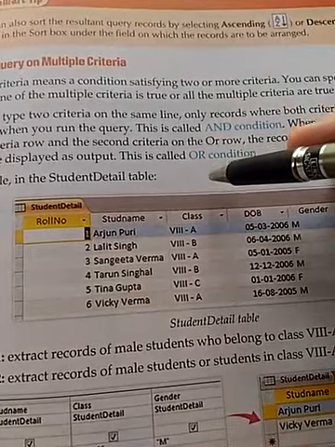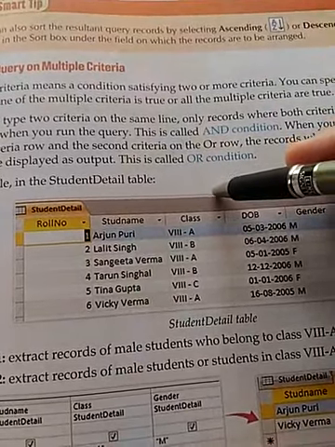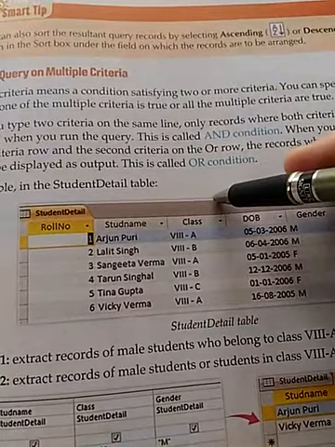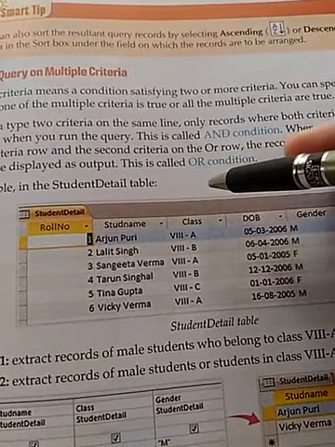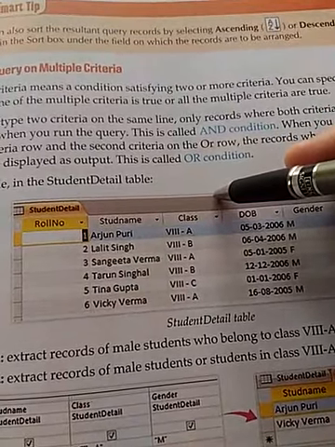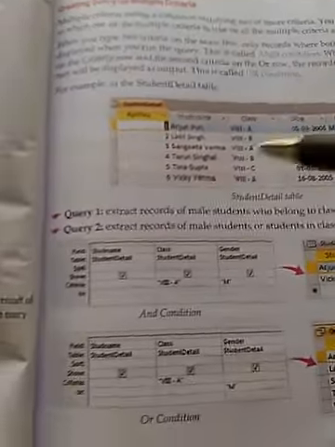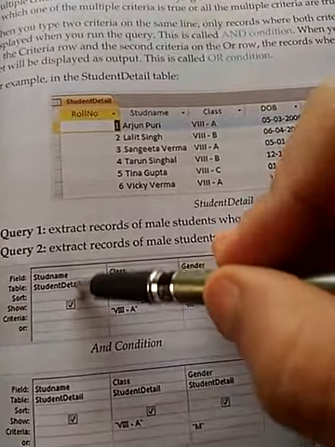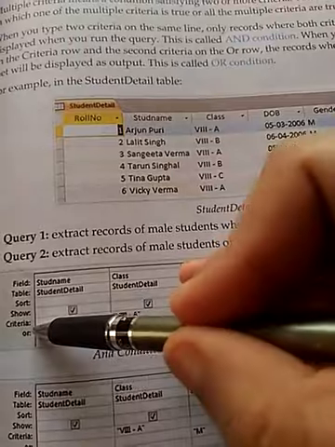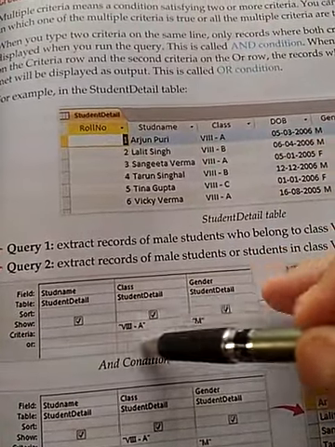Click on the create tab. In the create tab, go to the query group. In the query group, select the option query design. After the query design, select the name of the table. After selecting the name of the table, select the columns which you want to have in the query, and after that I am specifying the criteria over here.